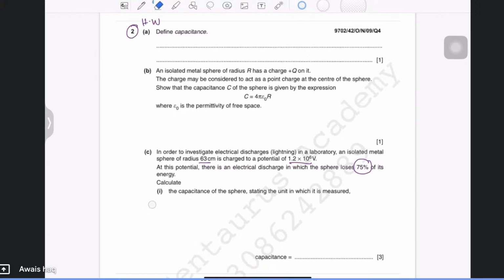So I'm saying that basically, initially, this is the amount of voltage, and we've got to find the new voltage. That's what I want. It says the energy that it had. At this point, there is an electrical discharge in which the sphere loses 75% of its energy. So I'm just using the same thing. Okay, so yeah,